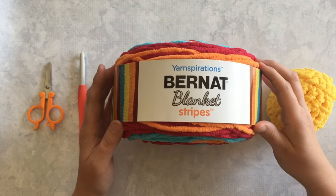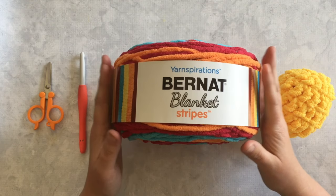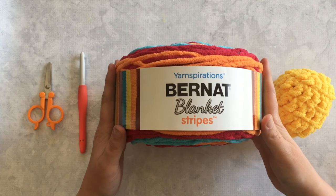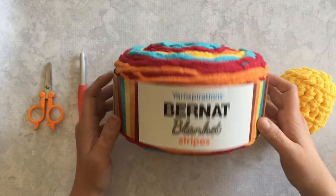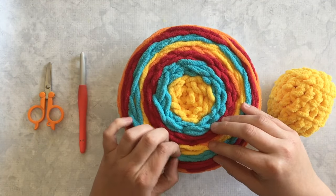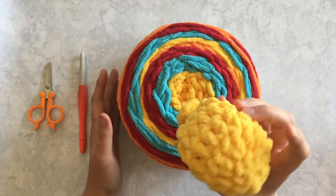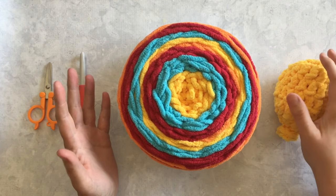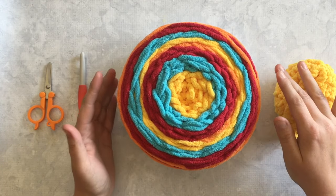they're kind of a, I can't say copycat because I think they were one of the first companies to do the cake yarn, but it's kind of a play on the Caron cakes and all the other cake type yarn that's so popular right now, except it's made out of the bulky Bernat Blanket yarn. And I love this for my water balloons because it's just fun to make them in bright colors. And now you don't need to buy a ton of different skeins of yarn to make a fun, colorful set